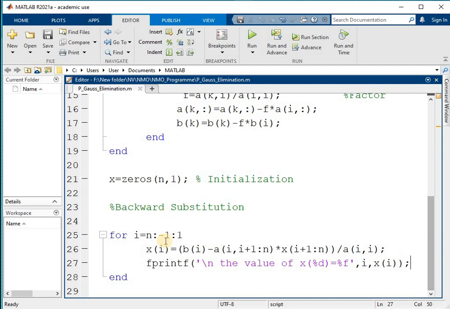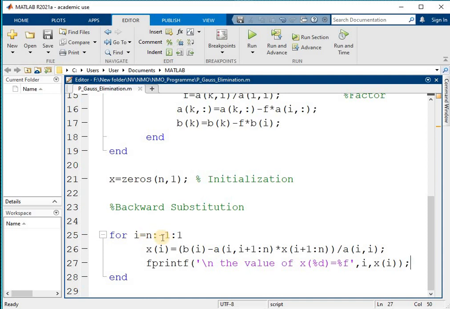So when I becomes 2, x of 2 is equal to b of 2 minus a 2 comma 2 plus 1, that is 2 comma 3, into x of I plus 1, so x of 3, and then divided by a 2 comma 2. Then it will print the value of x2.